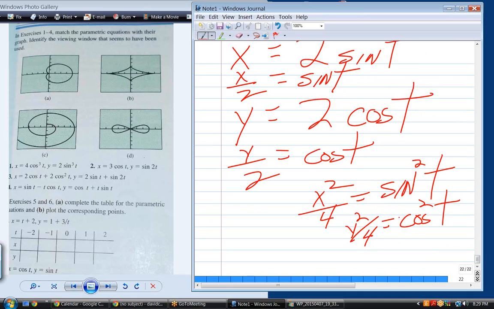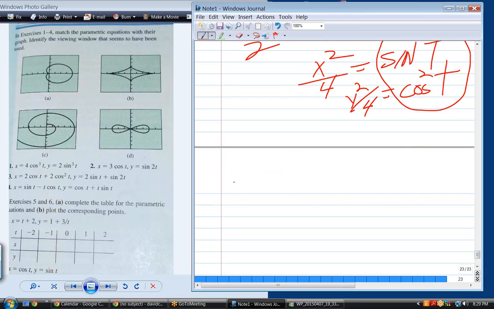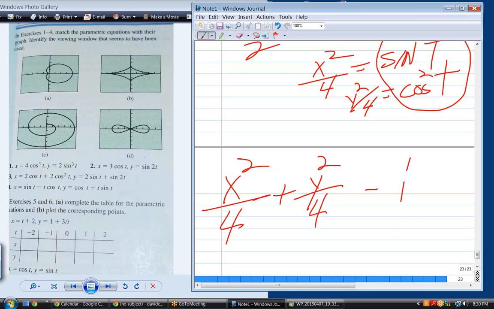Now we've got it in the form where I can add the two equations, and when I add the right sides I get 1. So what am I looking at here? I'm looking at x squared over 4 plus y squared over 4 equals 1. Multiply both sides by 4. What's that the equation of? Circle. Yeah, except it's not going to be a complete circle, because notice that in 21 they restrict t